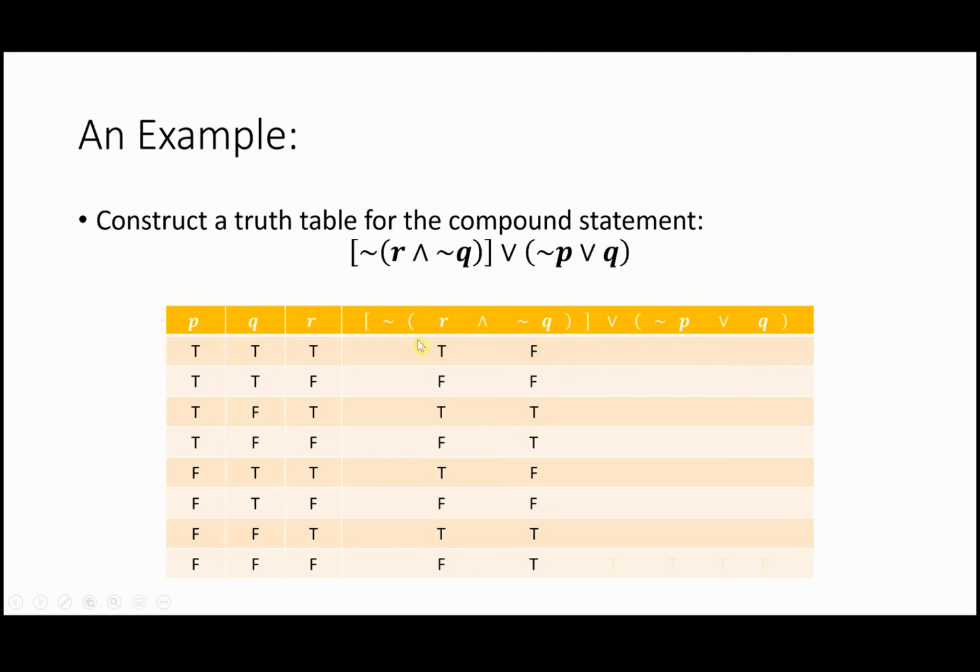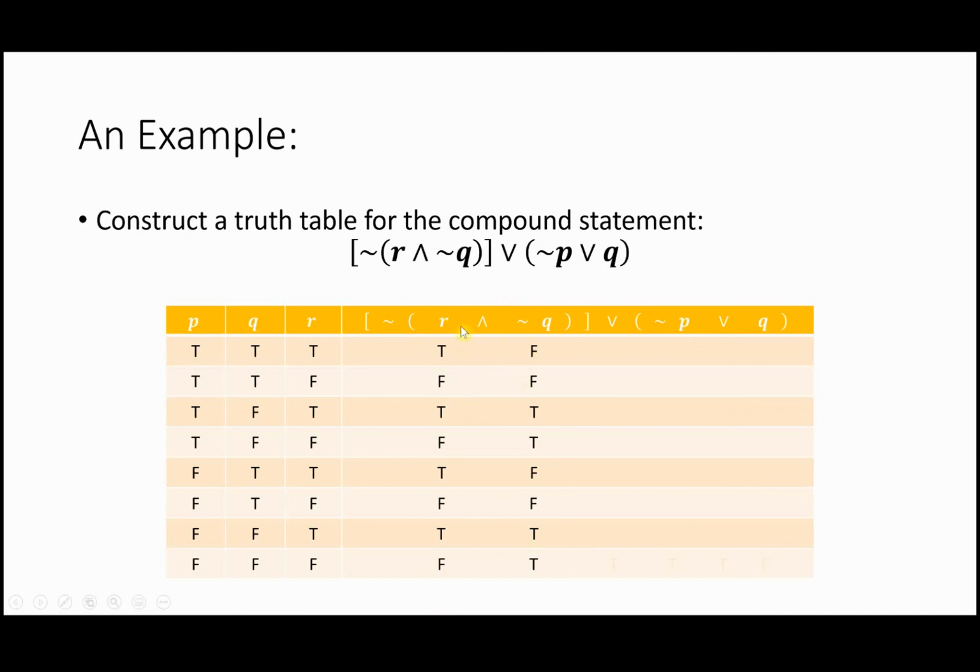Now, if you're real ambitious, instead of putting these initial T's and F's down, you might think, oh, I can just look at these columns and figure out what the conjunction will be, and I'll just write this right here without writing these T's and F's. I mean, do you, but I don't think that's a good idea. I think it's much better to write these T's and F's down and then focus on the relationship between them